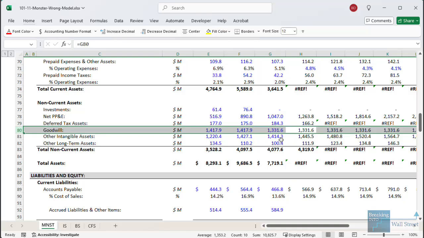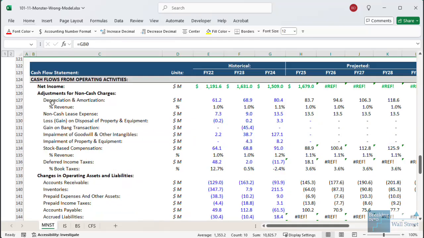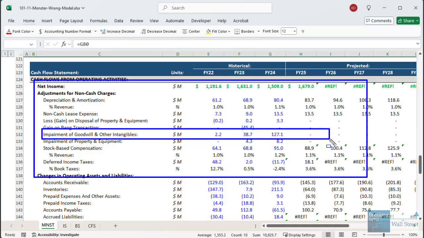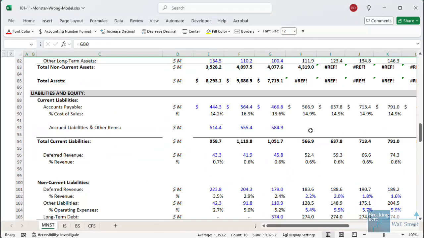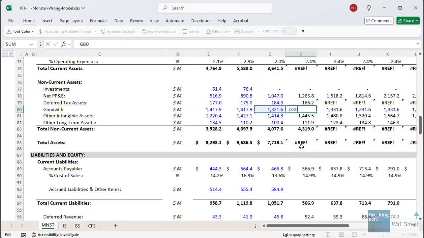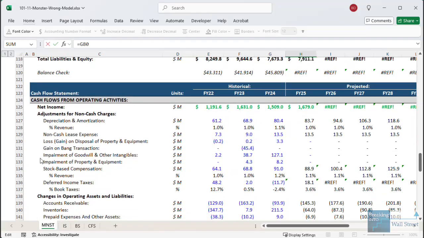So what you want to do instead is create some type of line item on the cash flow statement, or link the goodwill to something on the cash flow statement, like the impairment of goodwill and other intangibles, and make it flow in directly so that nothing in the forecast is actually held constant. Everything should be reactive and it should change based on what is going on